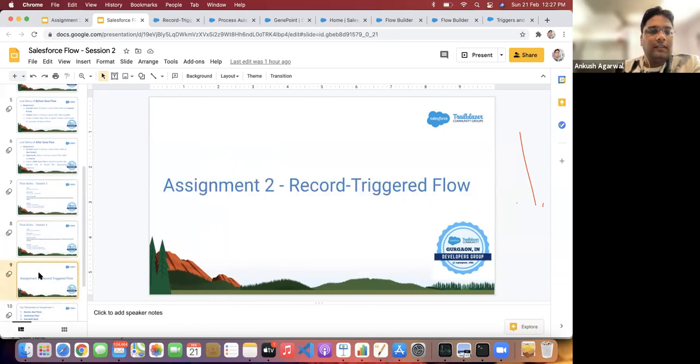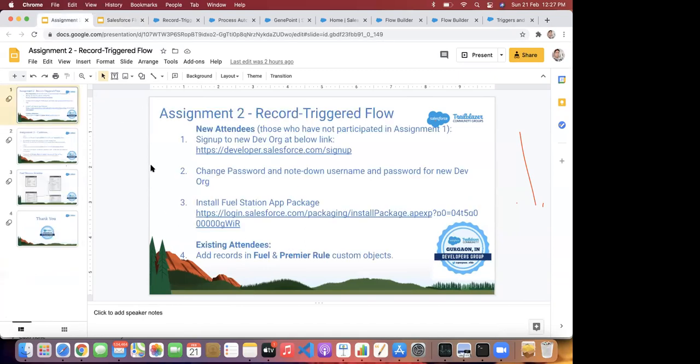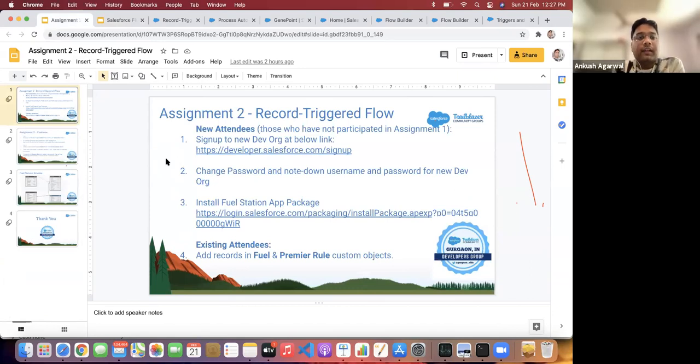Okay, and then the assignment for this current session. Vishal is going to share the link with all of you, and you just save that particular link. This is the assignment sheet. Whoever is a new attendee and did not participate in assignment one just has to create a new dev org, so it will not clash with your existing org.